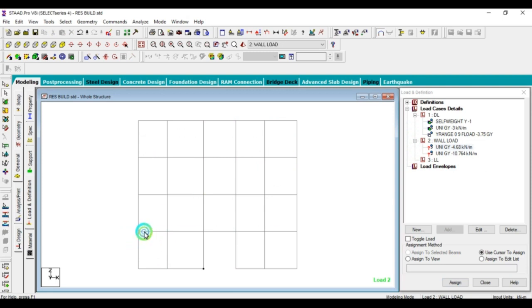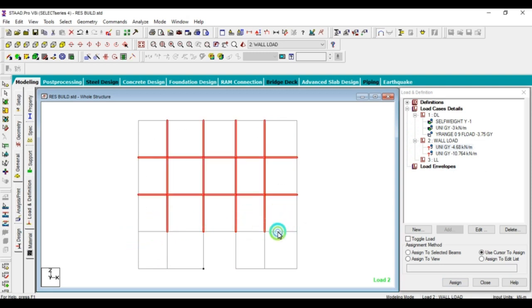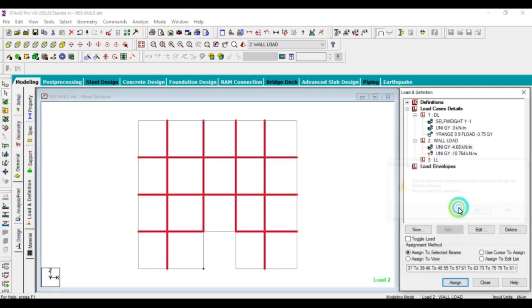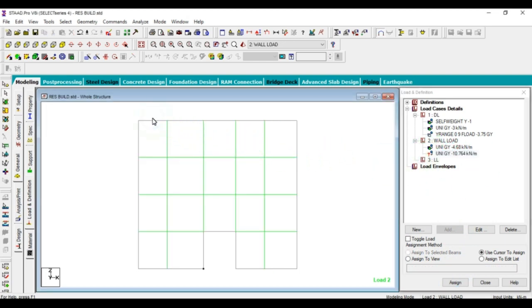After selecting the inside beams, go to assign to beams and assign. After that, assign the remaining value to the remaining beams.